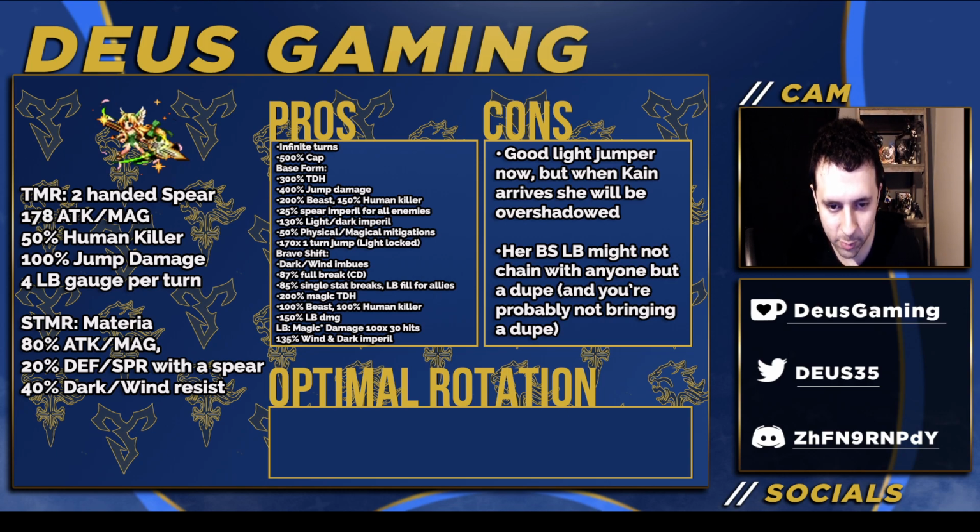And then the Brave Shift form, Dark Wind imbues. She's like a weird magic asterisk damage dealer, but at the same time she's also kind of like a weird evoke chainer kind of thing. So with that, I didn't really want to mention too much of that because it's like